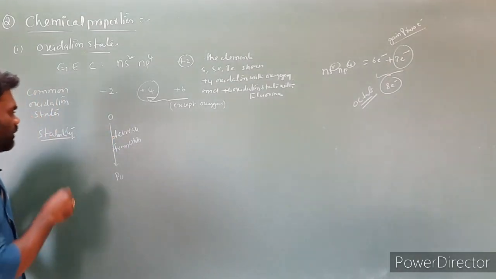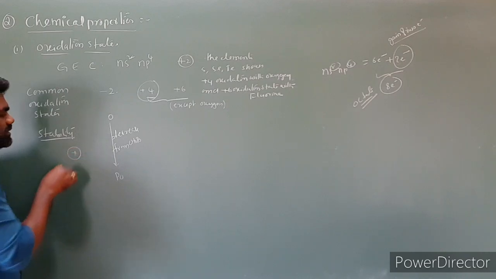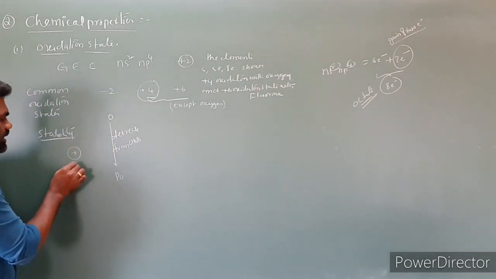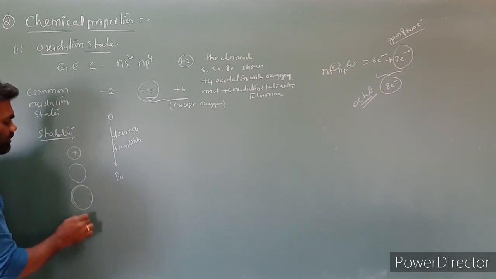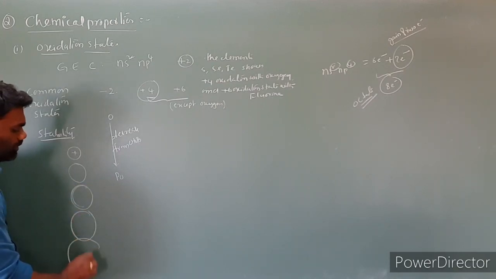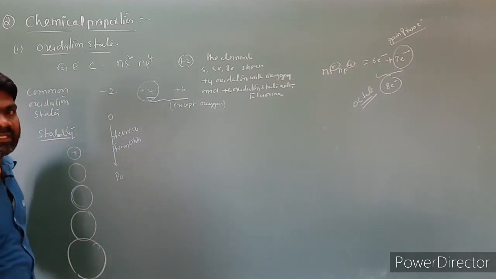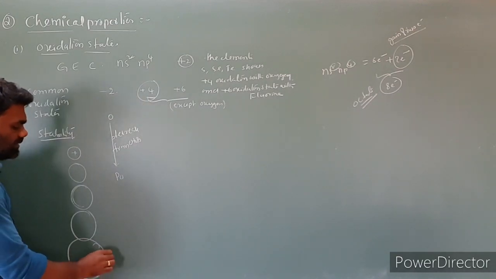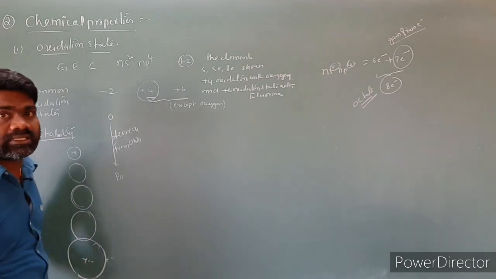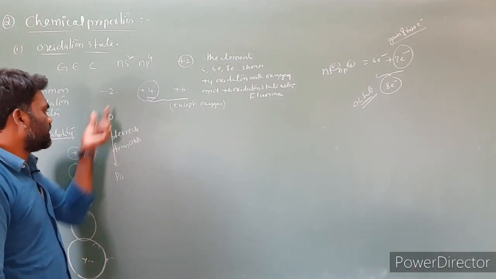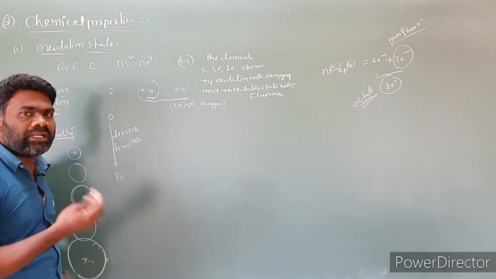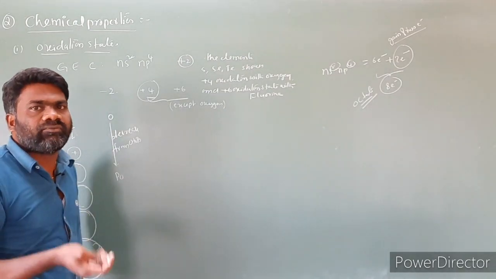While moving from top to bottom, oxygen has a very small size. Next sulfur, size increases. Next selenium, tellurium and polonium, the size keeps increasing. Size increases in the sense that the electrons are very far from the nucleus. Nucleus distance increases. As a result, polonium cannot take electrons very easily because it is metallic in nature. Due to its metallic nature, it is ready to lose electrons instead of gaining.